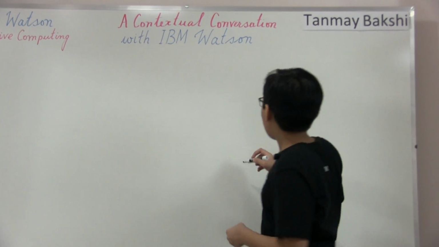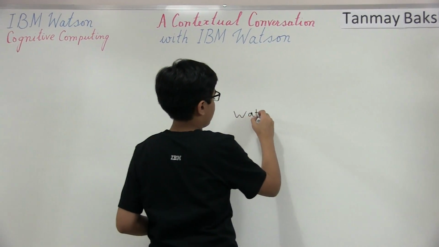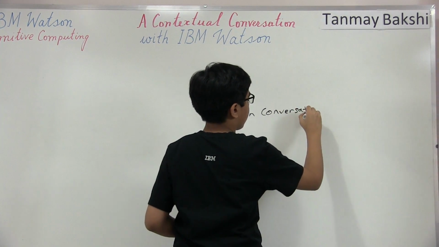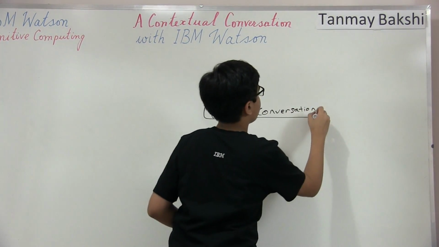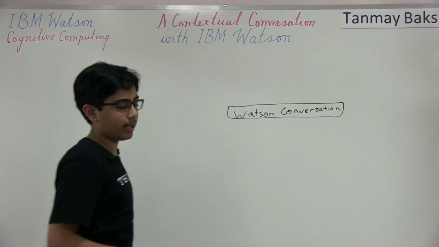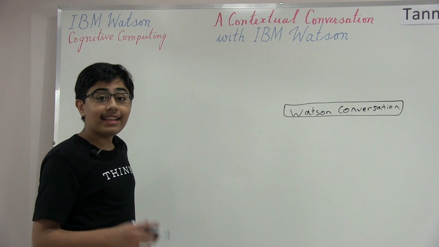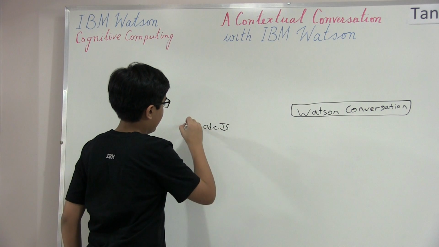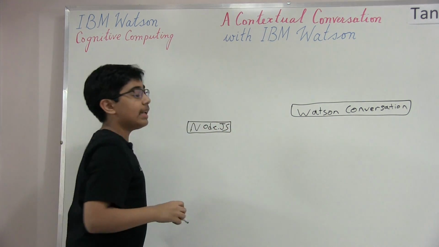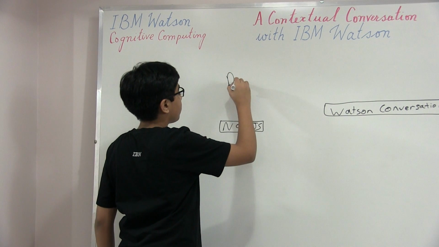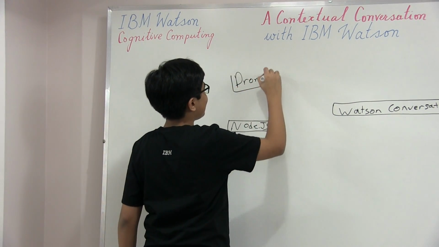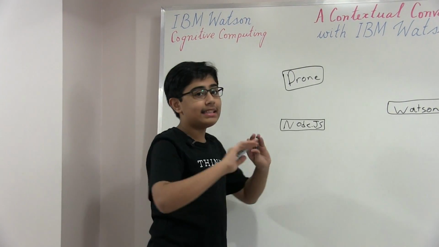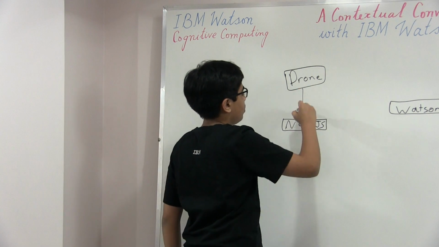So to begin, let's say we've got our Watson conversation little service over here. Okay, so we've got our service. And let's also say that we've got our Node.js application. And of course, we've got our drone. Now, I'm not going to get into how the Raspberry Pi is able to send messages from the drone into the Node.js and back. Instead, I'm just going to simplify it all by saying that the drone just sends Node.js